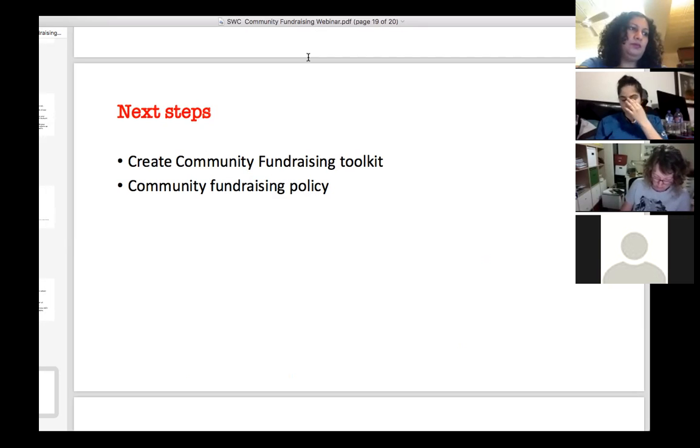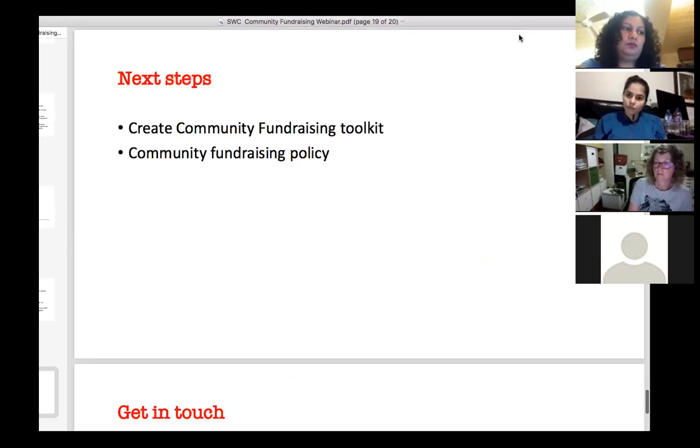Excellent. And then the other thing as a next step for us, I guess, is we spoke about this already, but creating that fundraising policy. We've really acknowledged that there's a bit of a gap there, in that the network's evolving at a faster pace than our policies are. So we've got a bit of catching up to do in the next couple of weeks in writing that and getting that approved and run past the board and all of that sort of thing. But hopefully I'll be talking with you, at least the national leadership team, about how that's going to play out and getting some feedback from you on that as well.